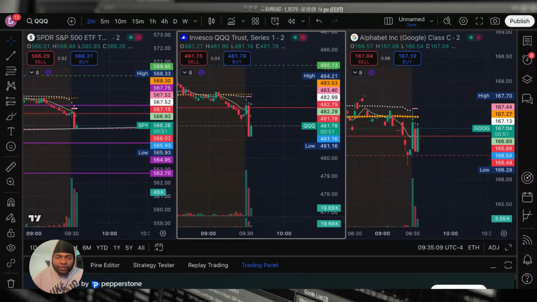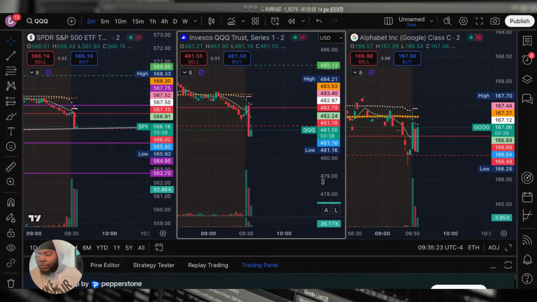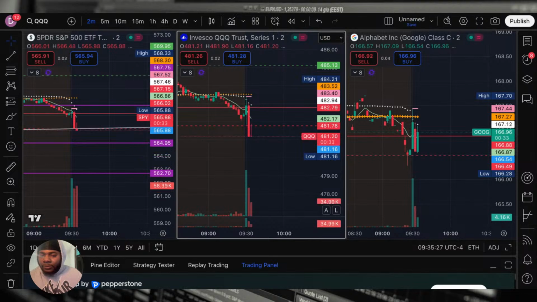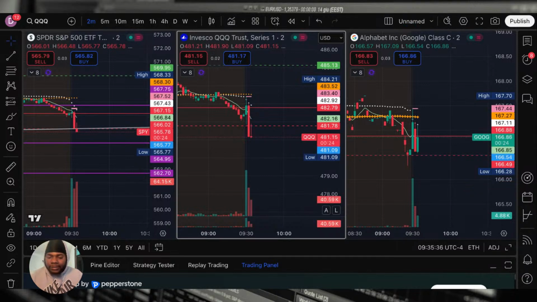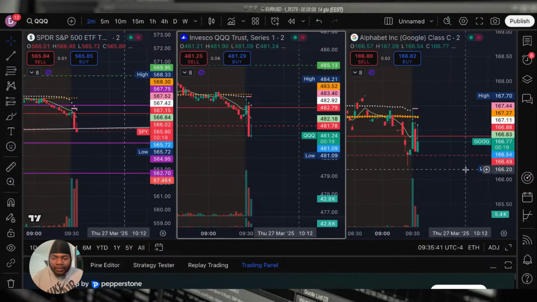So we're not really opening up with a lot of volume like yesterday. I'm pretty sure they're gonna try to play with us today. But I do like this QQQ, man. QQQ has broken my level. QQQ broken pre-market low. But it's not gonna give us a pullback. I want a pullback.